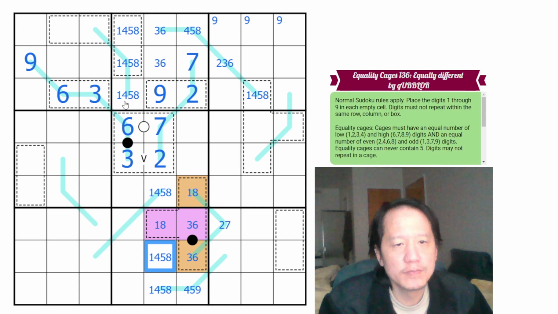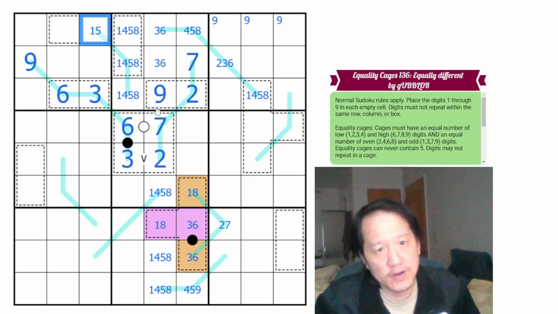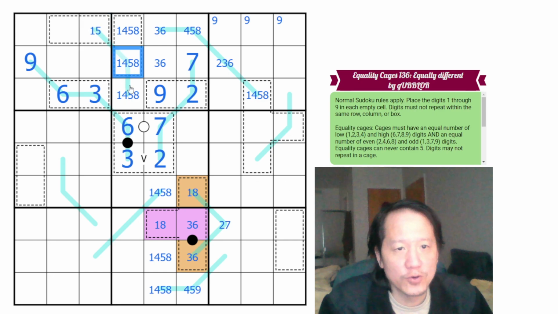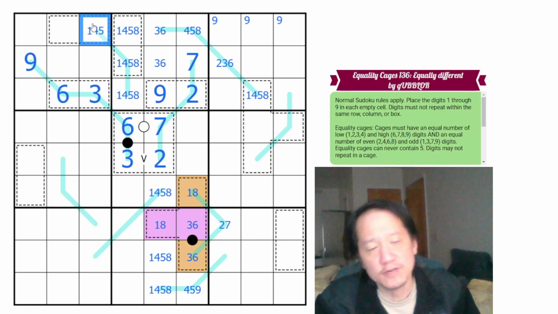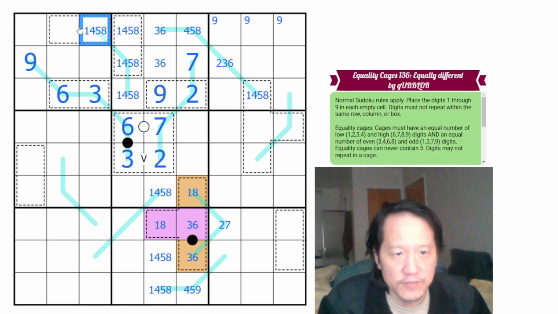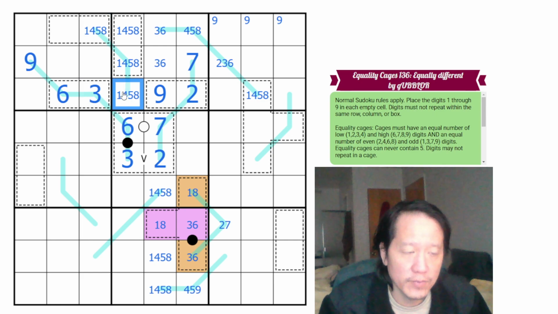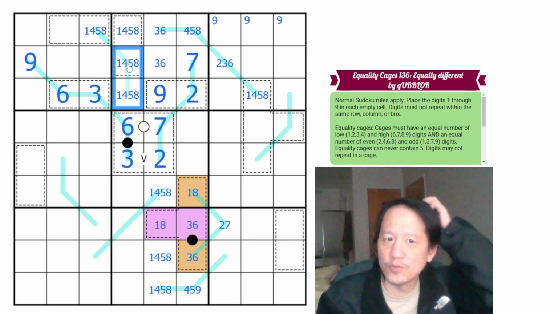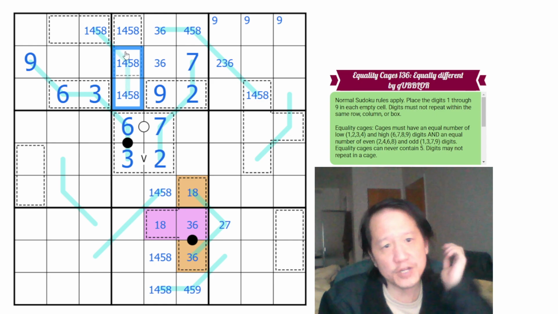So, if this difference is 1 or 5, then this would have to be 1 or 5. If its difference is 4 or 8, the other one would have to be 4 or 8. If it's 1 and 8, obviously it'd be 1 and 8. So any of those works. Oh, interesting. Right. So if this is 1 and say this was 4 and 8. If this is 4 and 8,